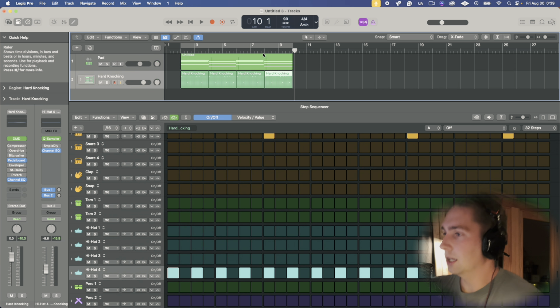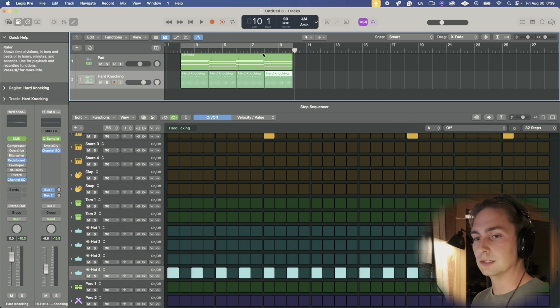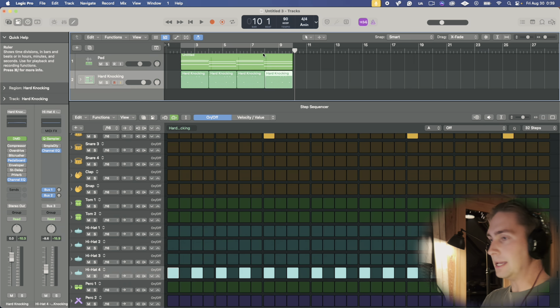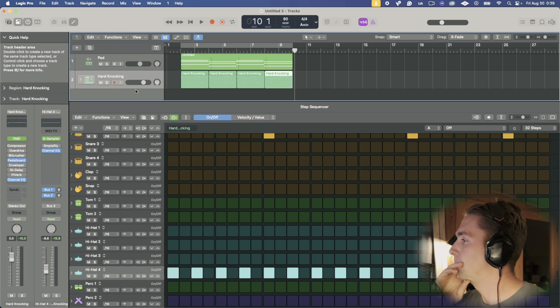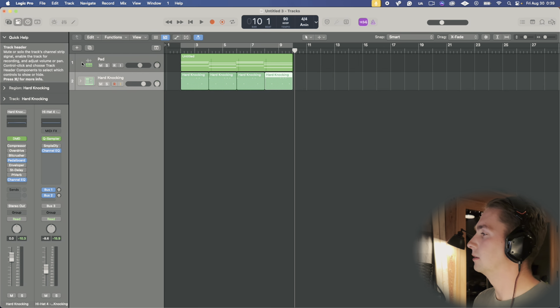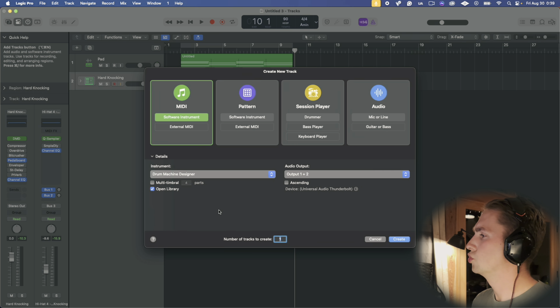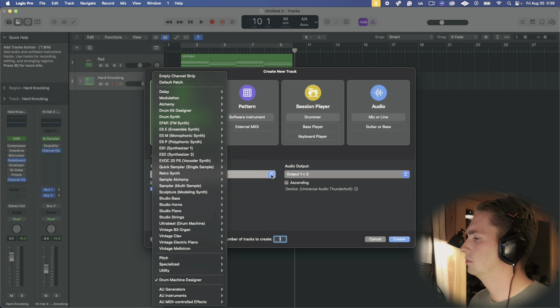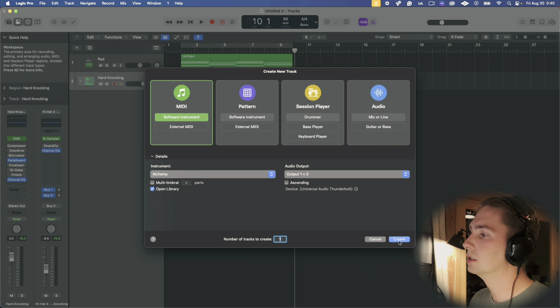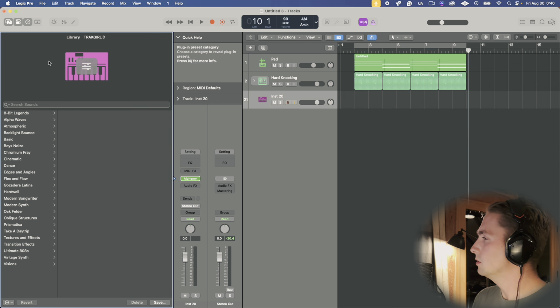Still recording, yes. All right, hurry up and get a bass here before it's too late. Bass sound, I'm hearing like a synth bass. So let's get out of here. Synth bass. Let's try Logic stuff for this. We'll go into Alchemy, which has a lot of really cute sounds.